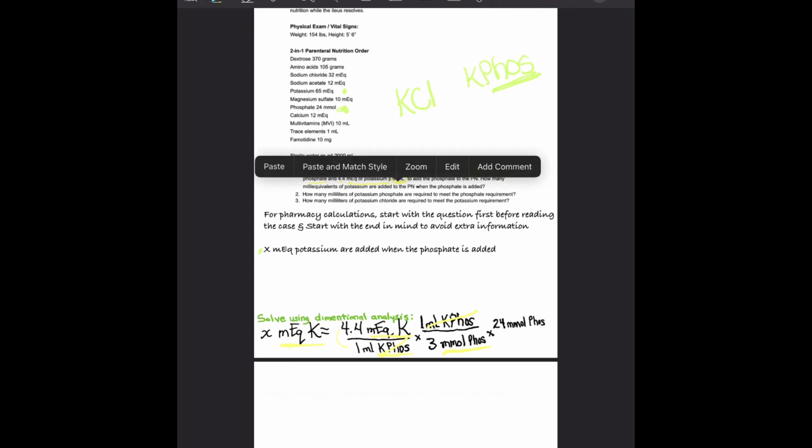35.2, which is in one of these slides here. 35.2 milliequivalents of potassium from K-phos. To prove to you that I did this correctly, I think I would like to show you another way,